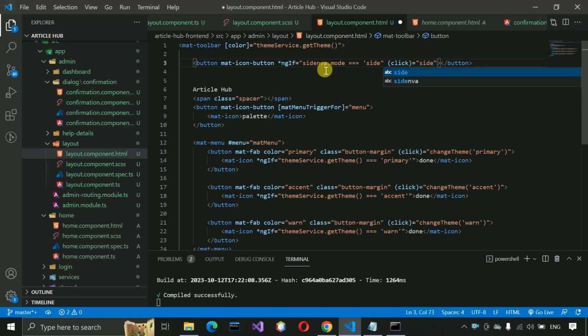Here we have a spelling mistake, sidenav, and here we have to write sidenav.toggle,